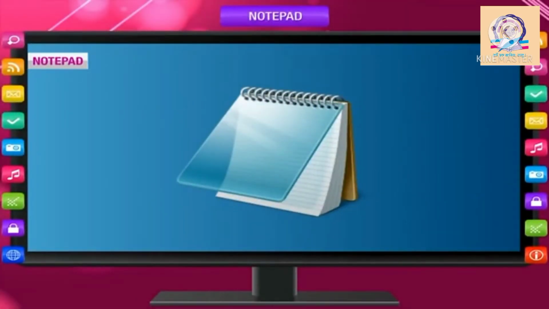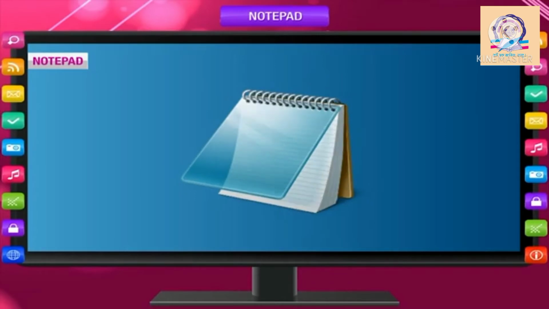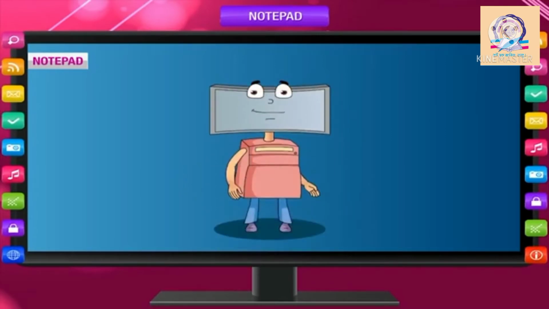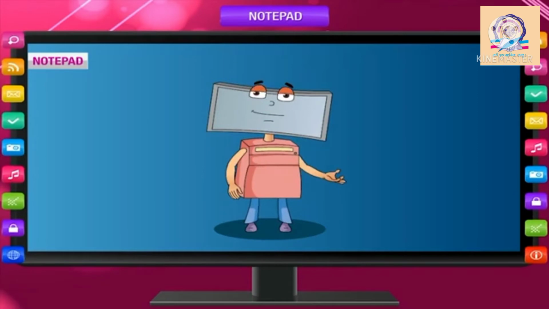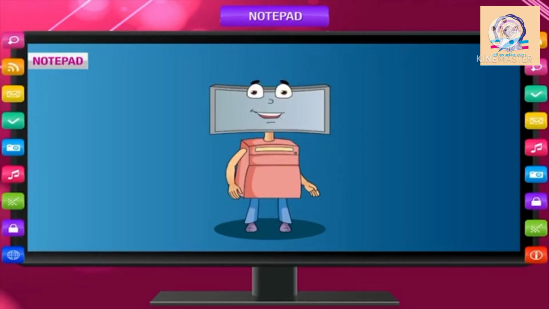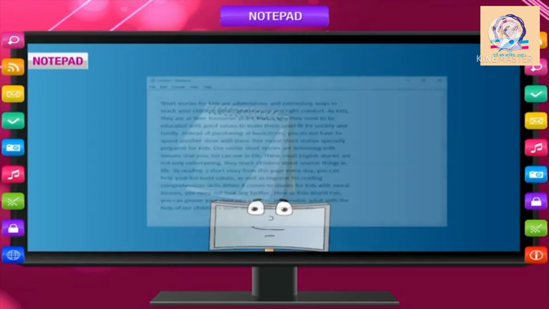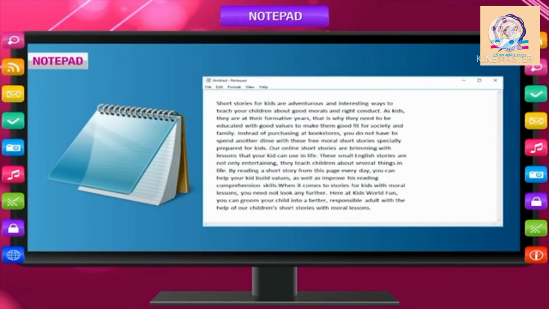Notepad. Notepad is a very useful application software that you can use to write or type simple text. You can type in Notepad instead of writing in the notebook. It has unlimited pages. Moreover, in case you write something wrong, you do not need to write all over again. You can make the corrections in the same page. Making corrections in text is known as text editing.